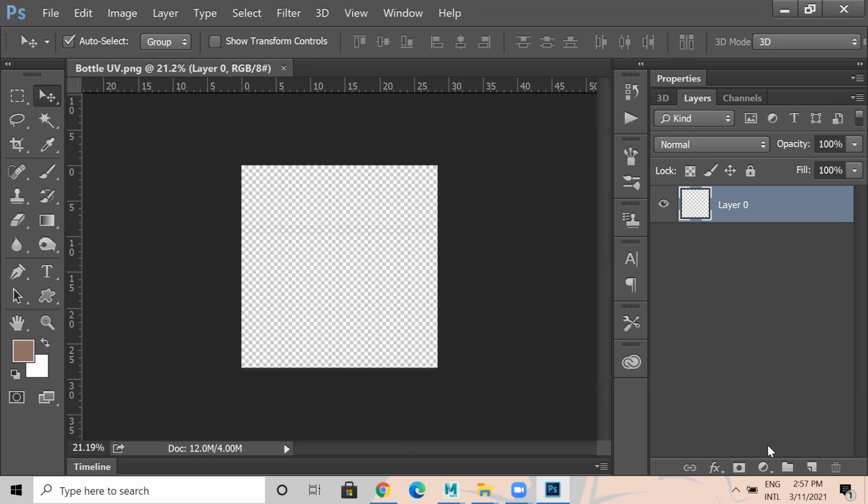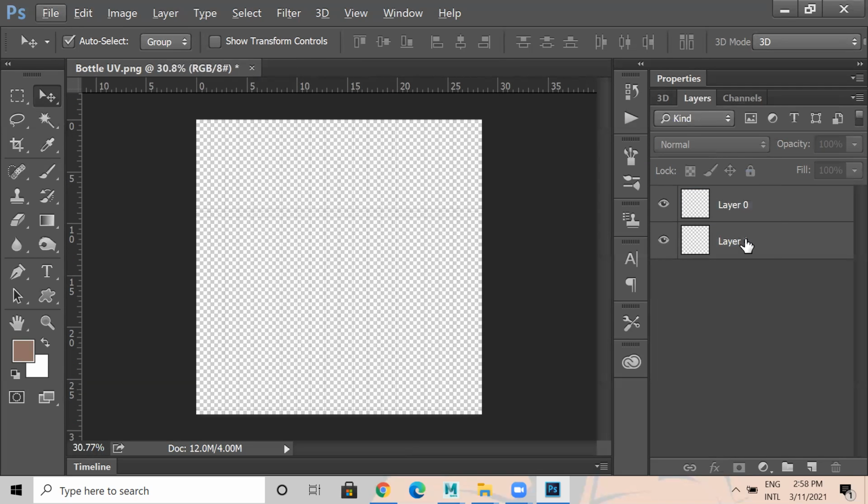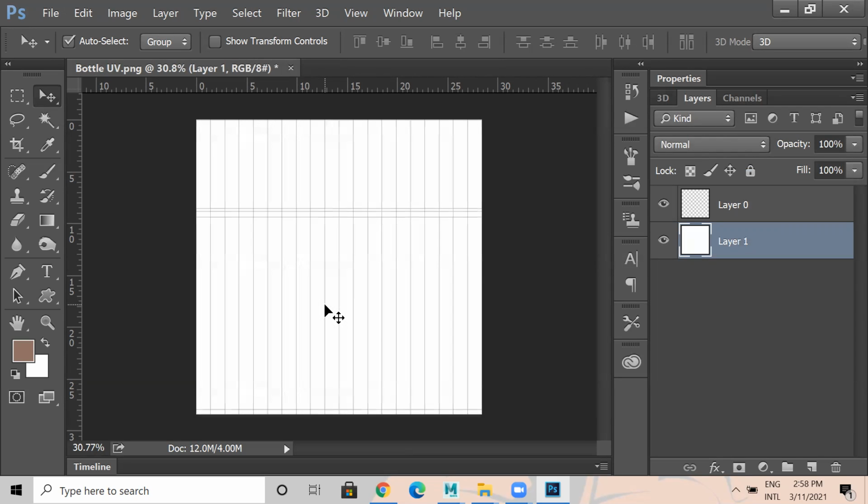Then what I'll do, I'll create one more layer. I'm just creating another layer here, and I'm placing this layer at the bottom. On the bottom layer, I'll apply a white background. Now you can see the wireframe here. You can name this wireframe, and you can lock this. This wireframe can be locked.